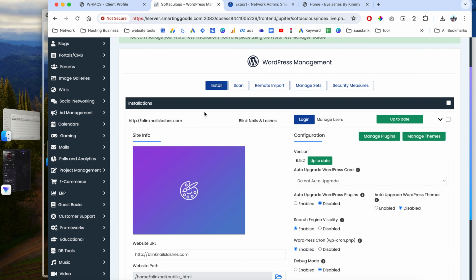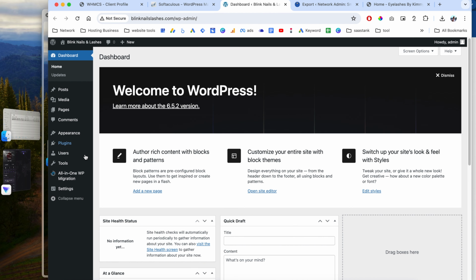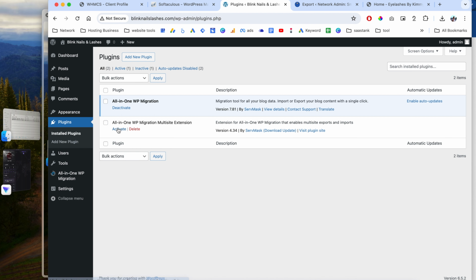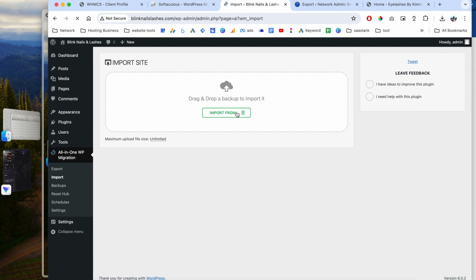Okay, now all we have to do is just click right here to log into the new website. And just like that, we have our plugin right here, and we need to go to our plugins, and we need to activate the extensions right here. Okay, and just like that, we can go to import, and we can click right here to import to our